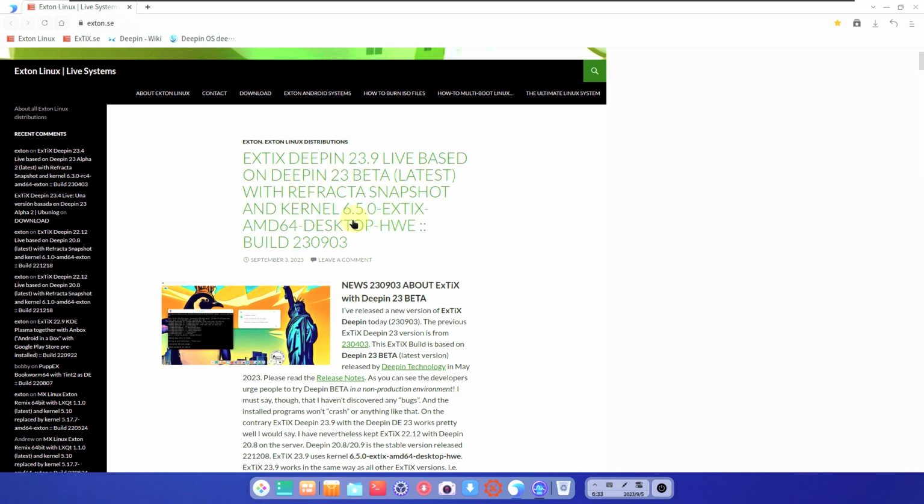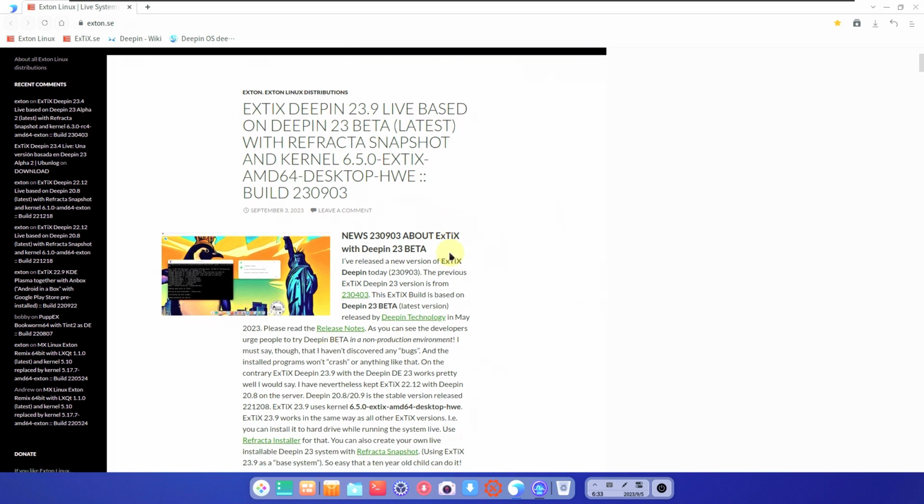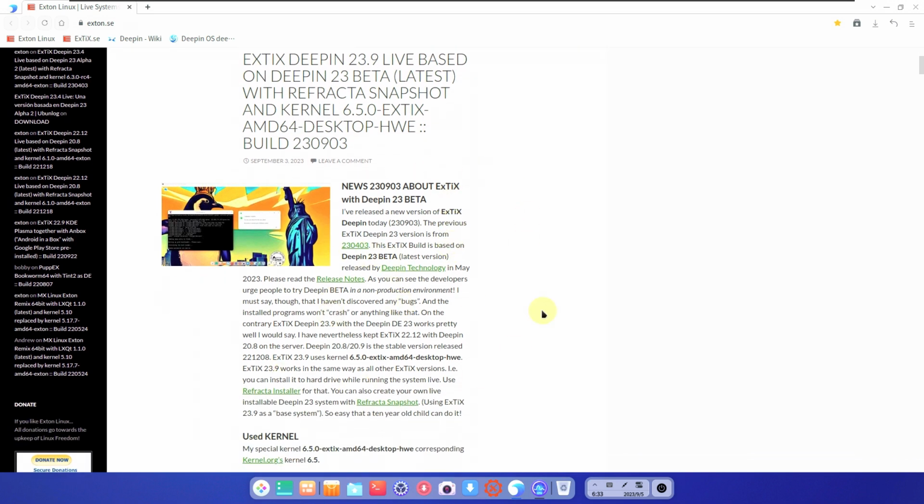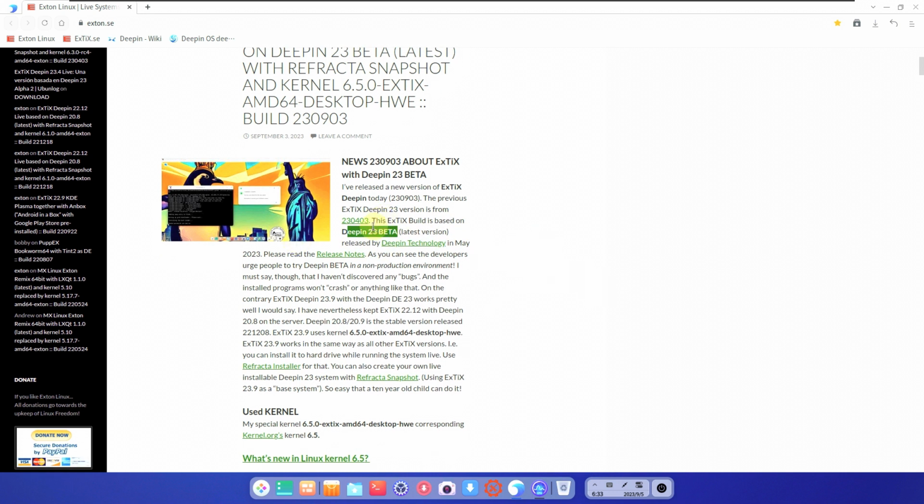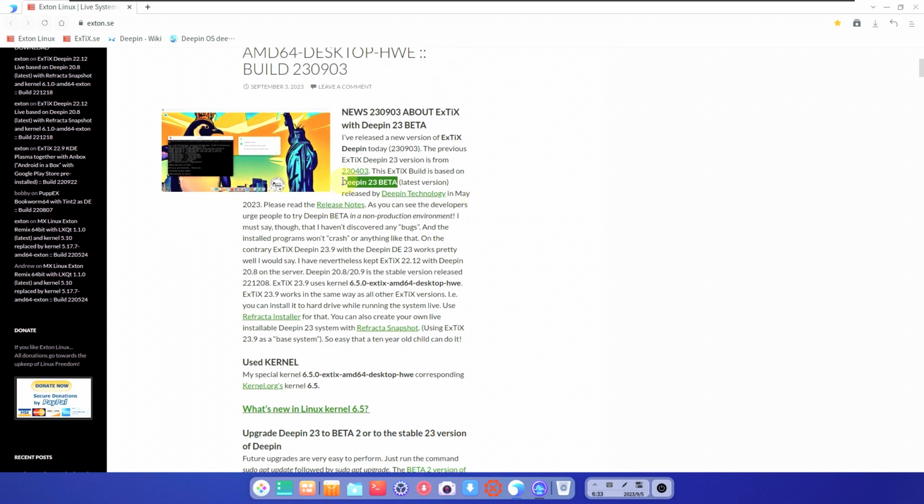So the kernel version is 6.5.0. The build number is 230903. Here is the complete news. If you want to read everything, it is here. It's based on 23 beta. Even the stable is worse, no problem. So the 23 beta installer. This says like